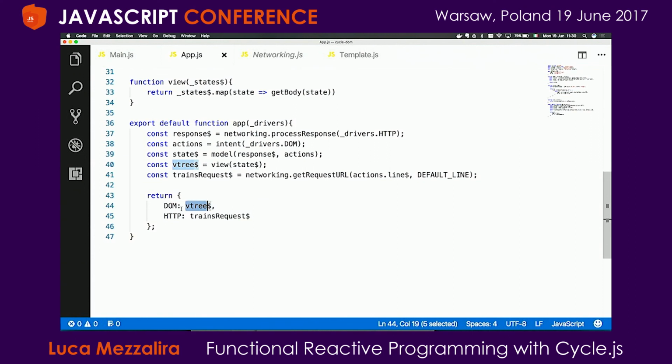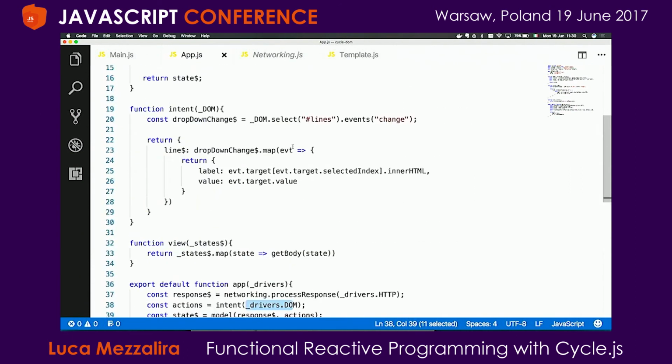The nice thing here is that the view takes care of that and returns the DOM. Remember always the concept of cycle: the DOM driver is returning, not the virtual DOM, but the real DOM.